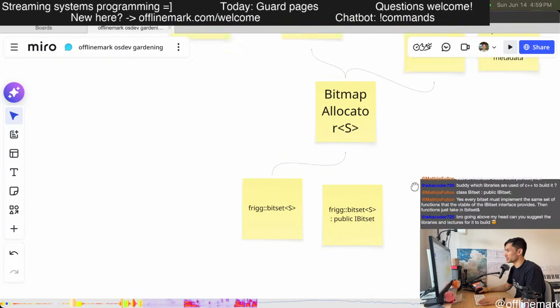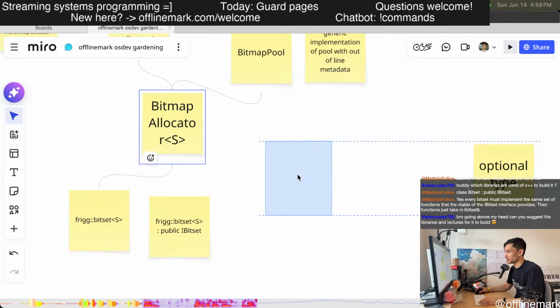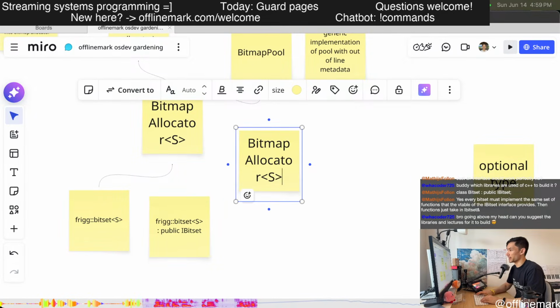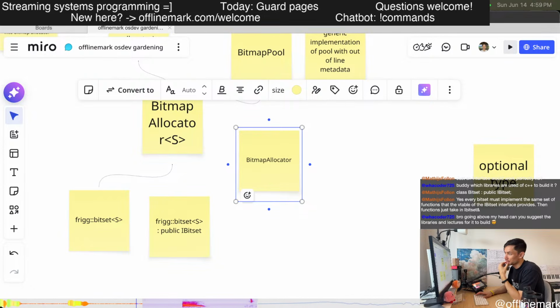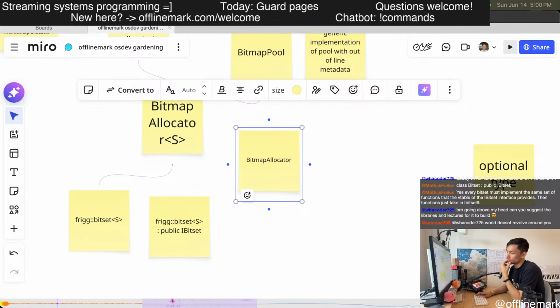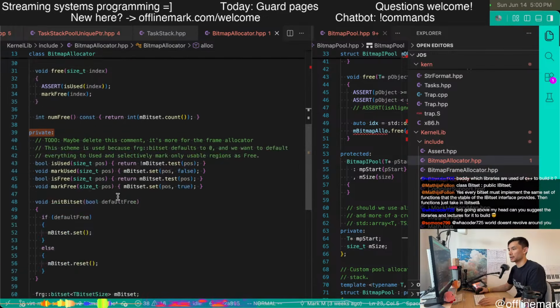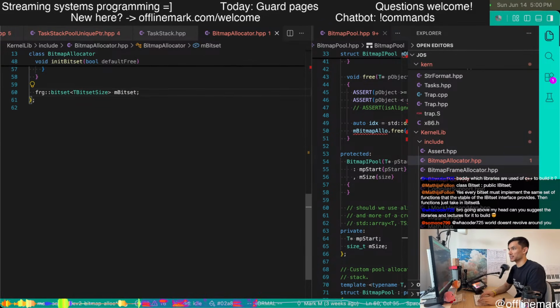Then the corresponding change is that the IBitmap allocator no longer stores a bit set internally.